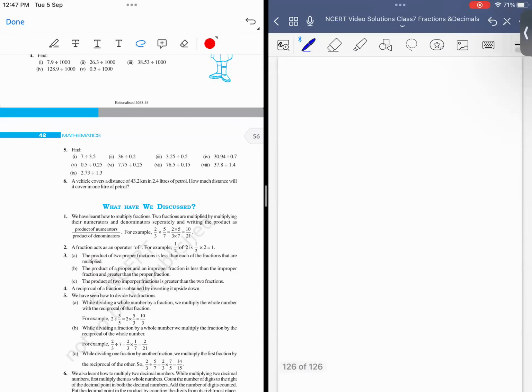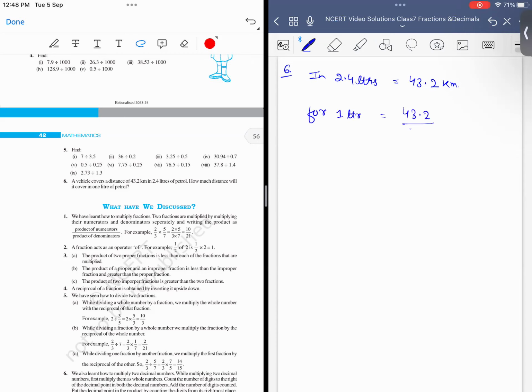Next question, a vehicle covers a distance of 43.2 kilometers in 2.4 liters. It is covering 43.2 kilometers. How much distance will it cover in 1 liter? So we'll just have to divide. Basically, we are using the unitary method. So for 1 liter,